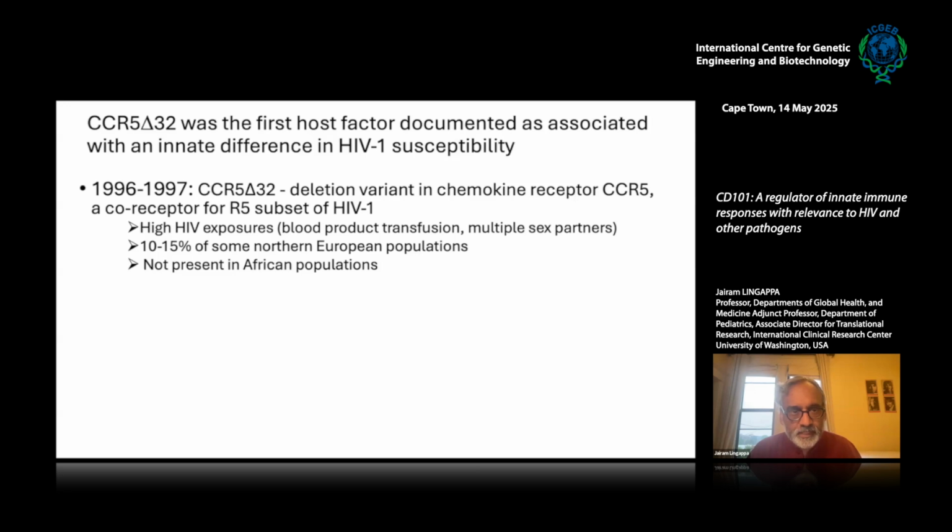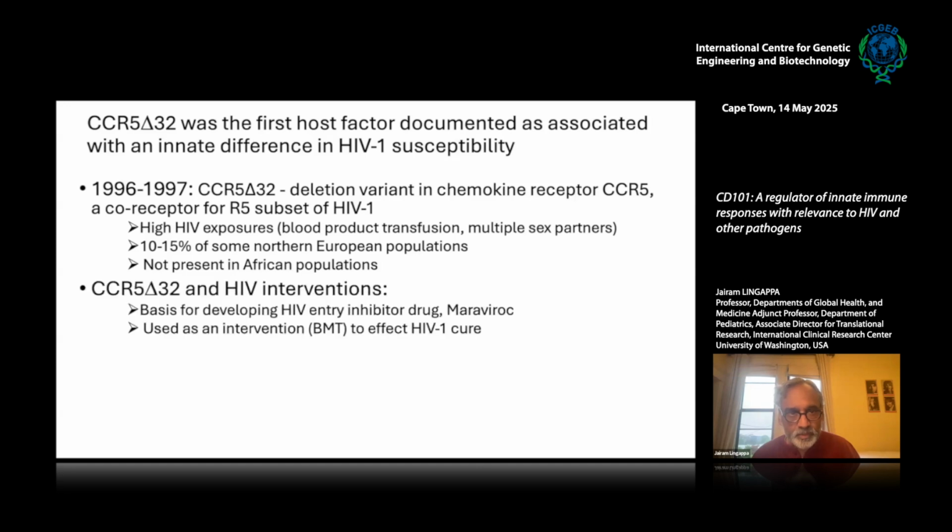This variant, which is present in about 10 to 15% of some Northern European populations and not present in other populations, including Africans, was shown to result in resistance to